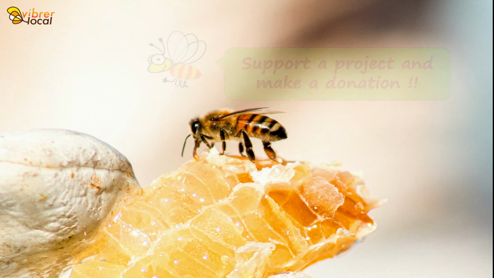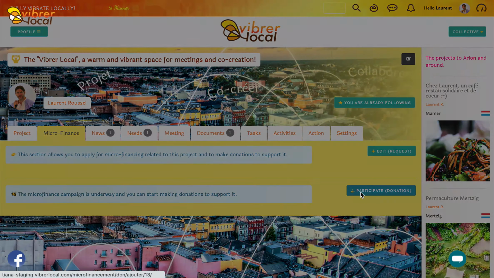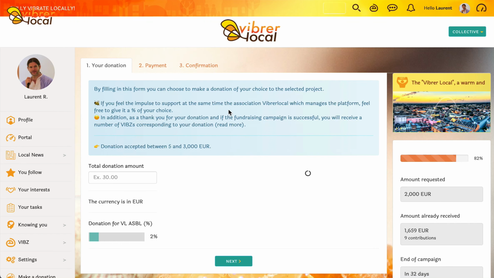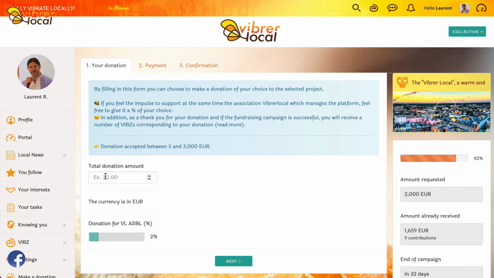Donation. Once the campaign is underway, users who wish to do so will be able to access this tab to consult its progress. To make a donation is very simple. Just click on the Participate Donation button. Just 3 steps are needed to complete your donation. The first step, your donation, allows you to check the status of the campaign, to indicate the amount of your donation,